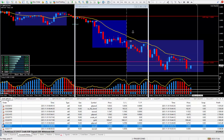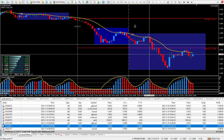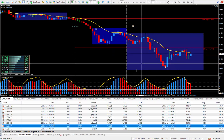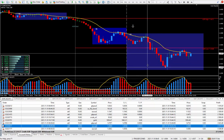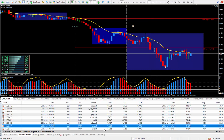Let's make sure we're on the right pair here. Here we go. Last two sold. Euro CAD. There's the arrow. Everything was screaming to sell. Let's see where I got in on the first trade. Right here, as it was dropping, there's the signal right there. Don't you just love this indicator? This magic indicator? Sell. So, no brainer. Simple. Sold it. Lovely, lovely 51 pips. And those 51 pips on that one paid